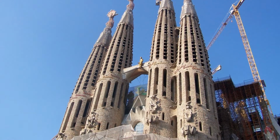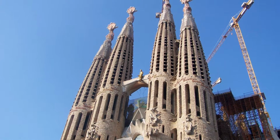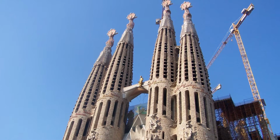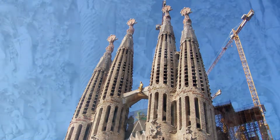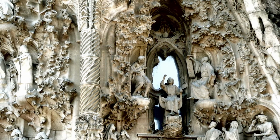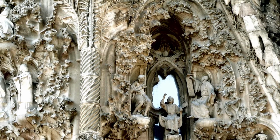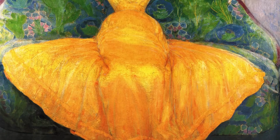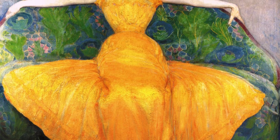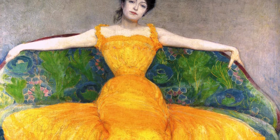Even in the Sagrada Familia, the famous church in Barcelona, you can see many elements of Art Nouveau, which is perhaps the most common term for this art movement, although more precisely, it is the French name for several related art movements at the end of the 19th and early 20th century. Without going through each of these local variations of Art Nouveau in detail now, here's a quick overview of the